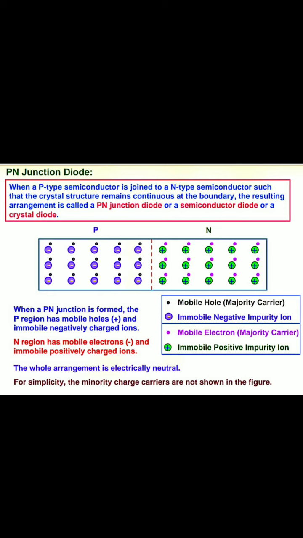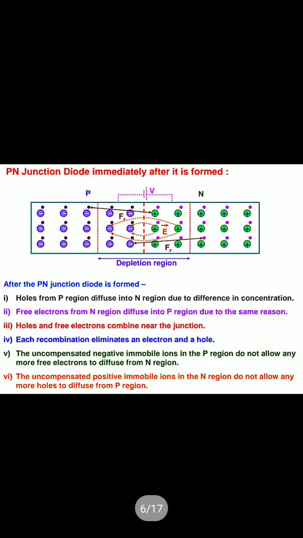So this region near the junction where the immobile charges are accumulated is called the space charge region. This is called the space charge region, and this region is also called the depletion region or depletion layer. These things happen here. Depletion layer, you see that it is written over there.